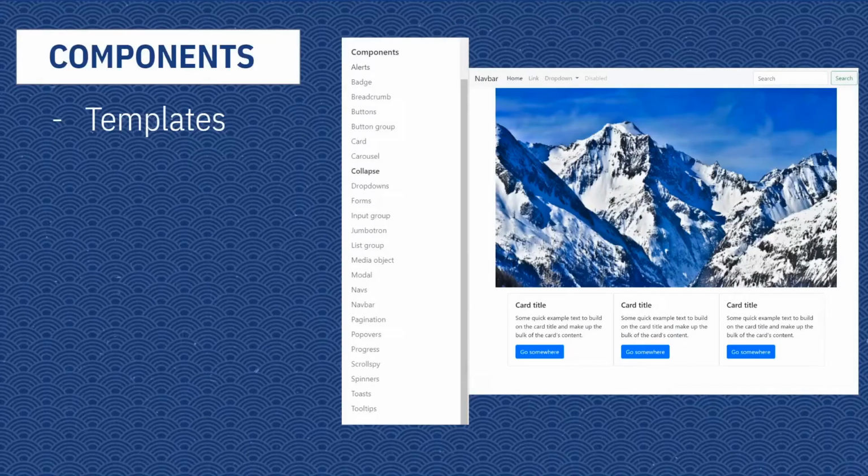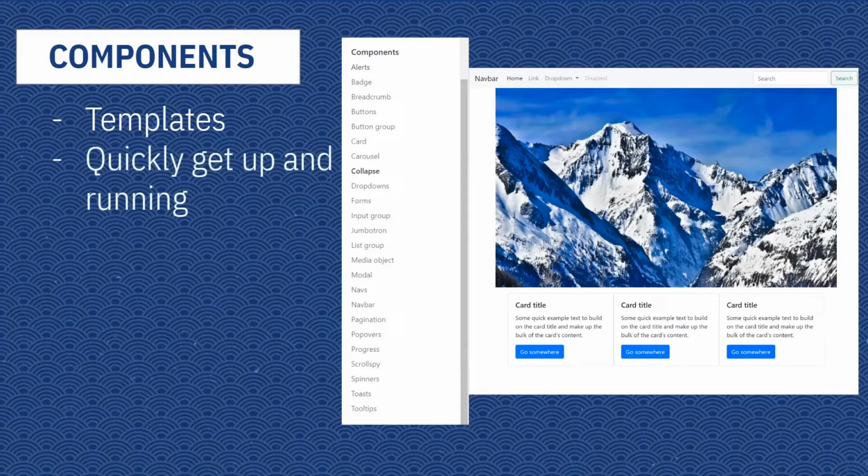Some examples that would be components of a website are navigation bars, forms, buttons, and lists. However, with vanilla HTML, CSS, or JavaScript, each component has its own intricacies and considerations when we implement them. With Bootstrap components, we can easily get set up and have our website up and running. To demonstrate how easy it is to set up a website with just components alone, we will go through a